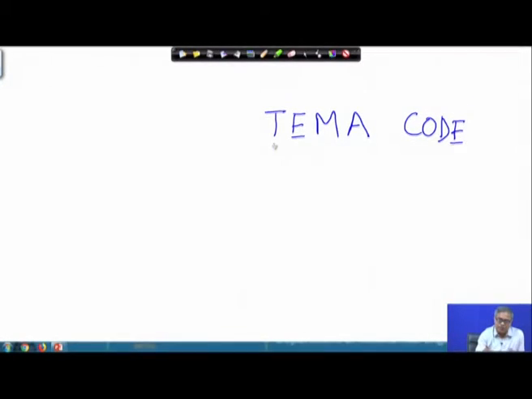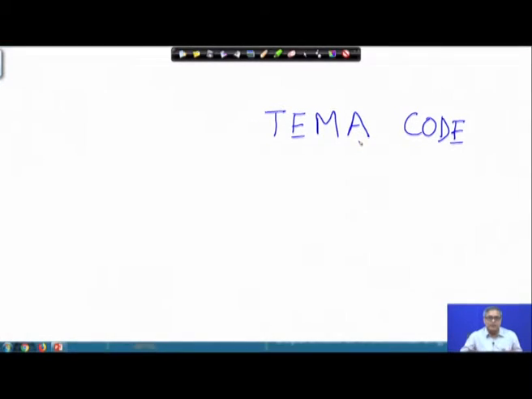What does TEMA stand for? Please note it carefully: Tubular Exchanger Manufacturers Association. So, basically this is an association which has developed a lot of codes and standards for heat exchangers,